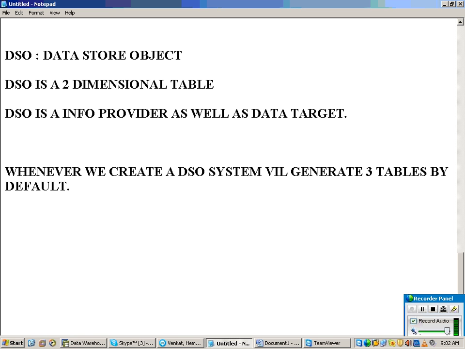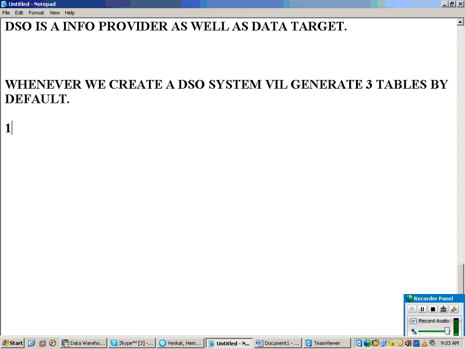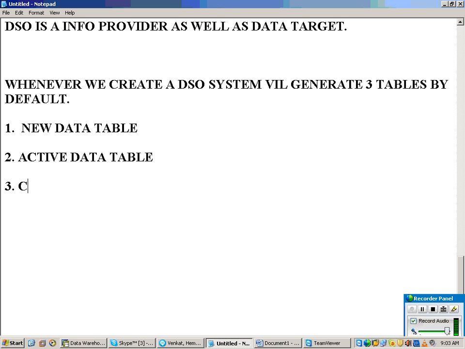P, T, and S. When you created a cube, what tables did it generate? Fact table F and dimension tables. But when you are creating a DSO, the system is going to generate 3 tables. The first one is called the new data table. The second is the active data table.